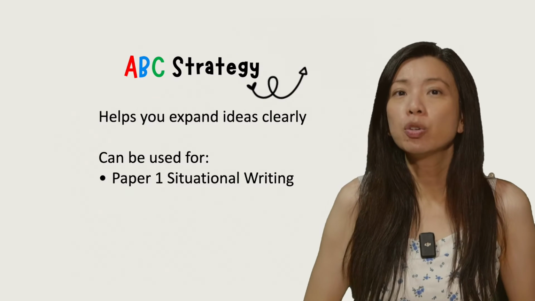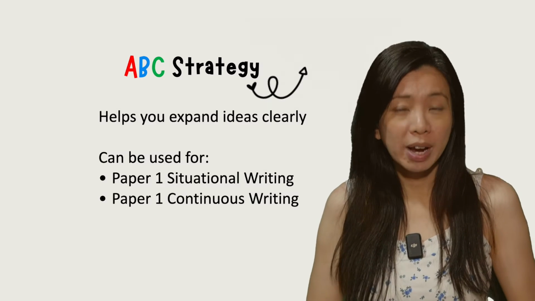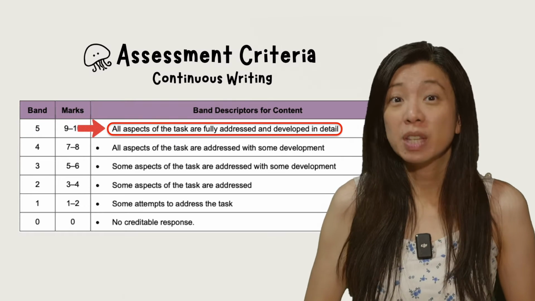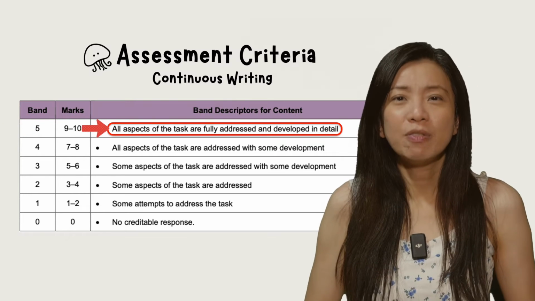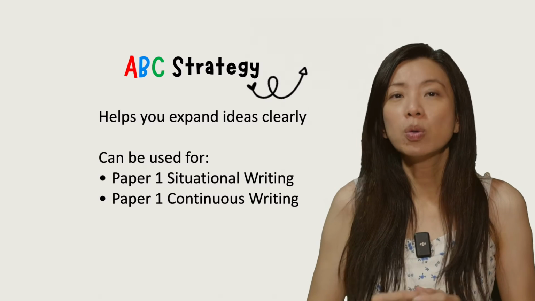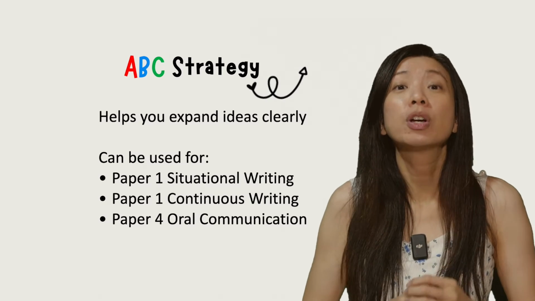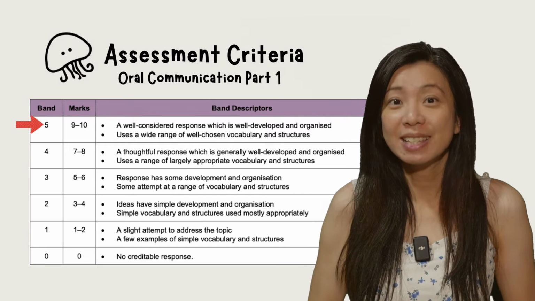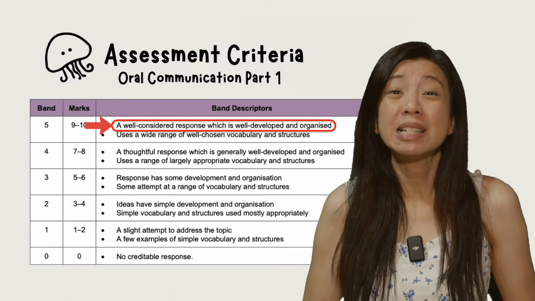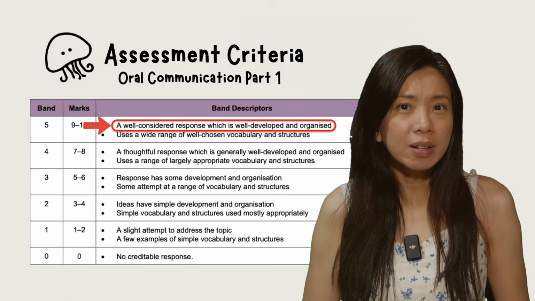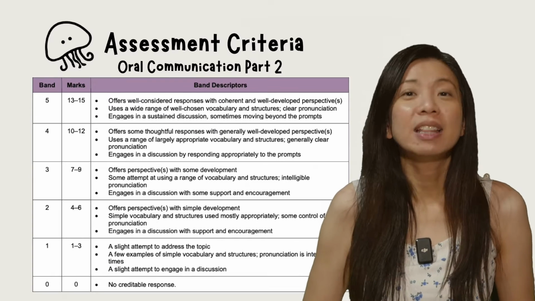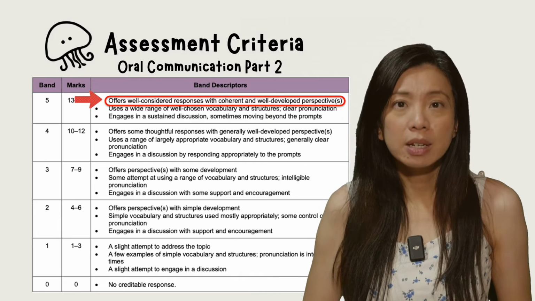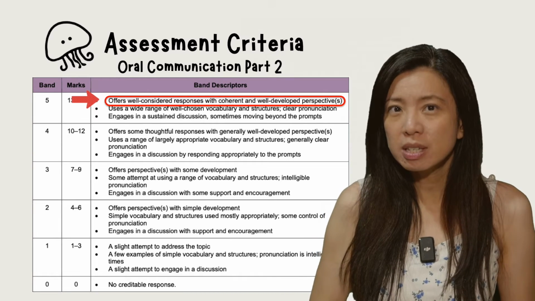This strategy can also be applied to Paper 1 continuous writing. Again, Band 5 of the assessment criteria states that all aspects of the task are fully addressed and developed in detail. Finally, you can also apply this to Paper 4, oral communication. The assessment criteria for Part 1 of oral communication states that you need to have a well-considered response, which is well-developed and organized. And the criteria in Part 2 states that you need to offer well-considered responses with coherent and